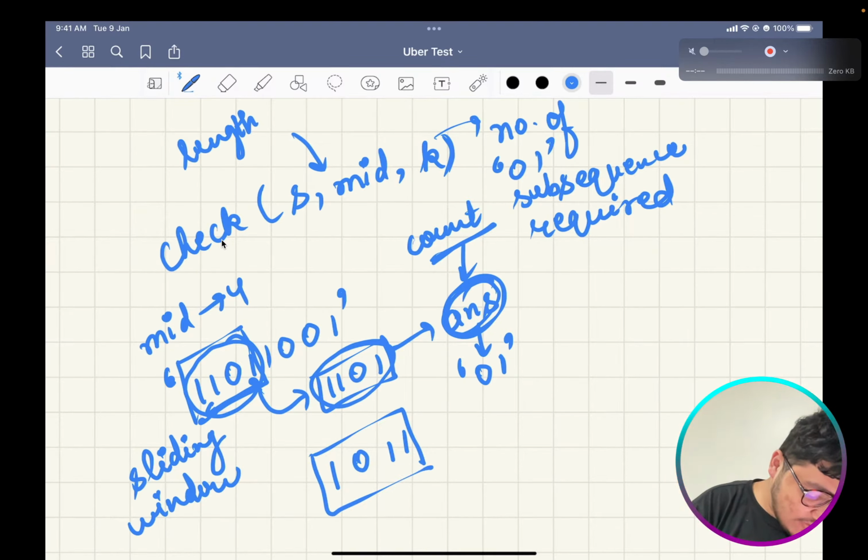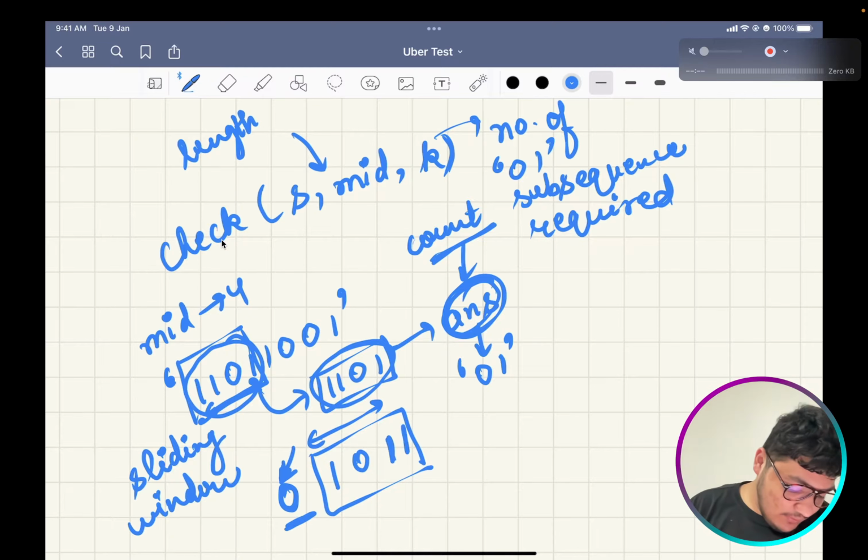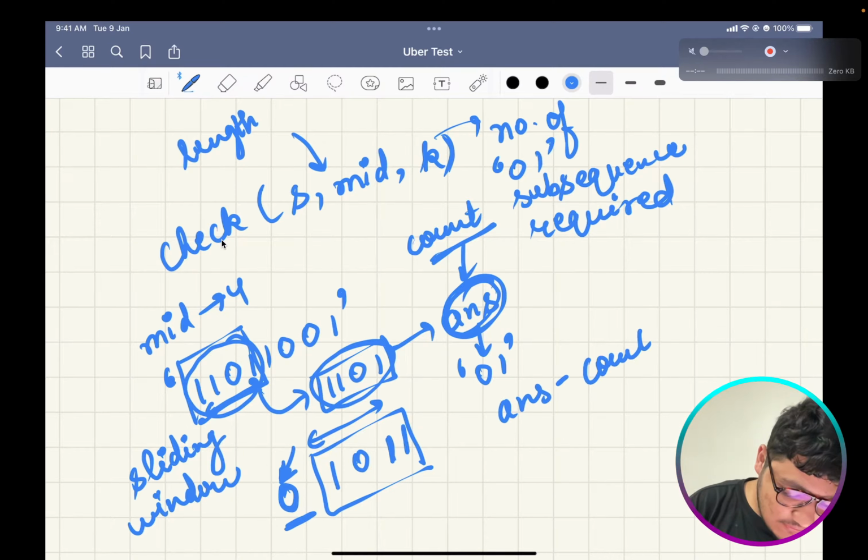So now, if this character was 0, it means I have to reduce the contribution of all the ones in this string. So my answer would be answer minus count of ones.